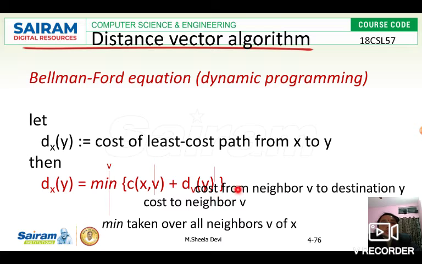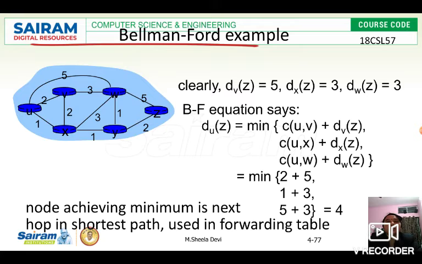Like that, if we have any other possible path through some other intermediate nodes, we should also calculate the cost from x to y through those intermediate nodes. So we have to take all the costs that exist from x to y through different intermediate nodes. Whichever is minimum has to be taken, and that should be compared with the path that exists directly between x and y. If this value is lesser than the direct path cost, then the routing table should be updated. If not, it should not be done. This is what the distance vector algorithm says.